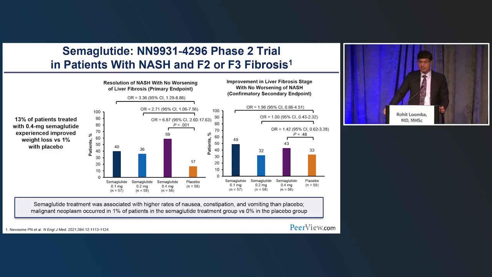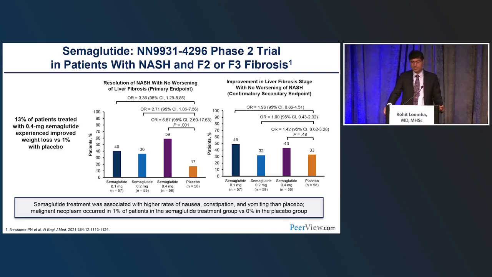Currently in the ESSENCE trial, we're using 2.4 milligram sub-Q weekly dose that will be similar to the semaglutide 0.4 milligram daily in terms of its expectation. To the right, I'm showing you data on numerically higher fibrosis improvement, but was not statistically significant compared to placebo. This may be related to the sample size. In the ESSENCE trial, we hope to assess both of these endpoints rigorously at 72 weeks of treatment. The trial will then continue for long-term clinical outcomes.